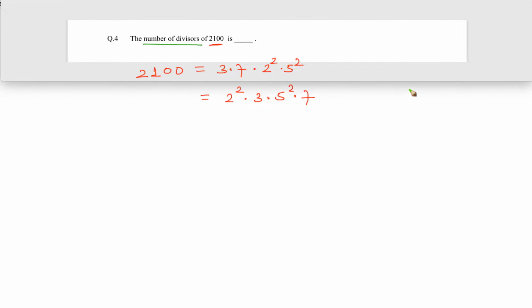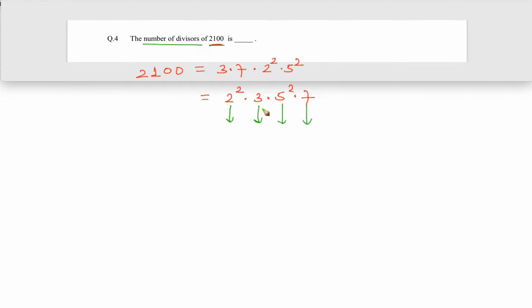For any divisor, we have to see what prime factors are available in that divisor or not. So my point is something like this. Let's say we take all of the 2's. There are two 2's, we take both of the 2's, we take the 3, we take both of the 5's, and we take the 7. We take everything, then that is a divisor. What is that divisor? That divisor is the entire number 2100. So 2100 is a divisor of 2100, right?